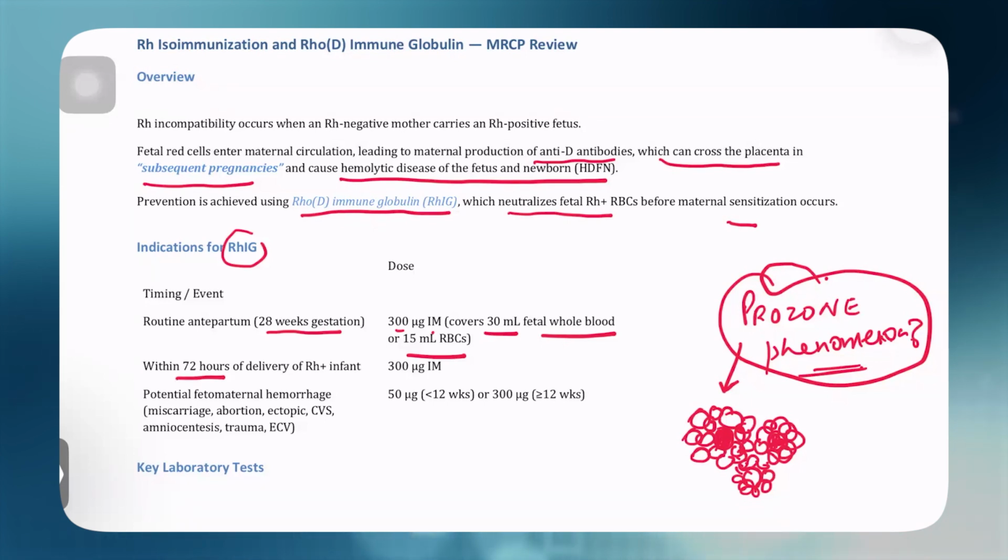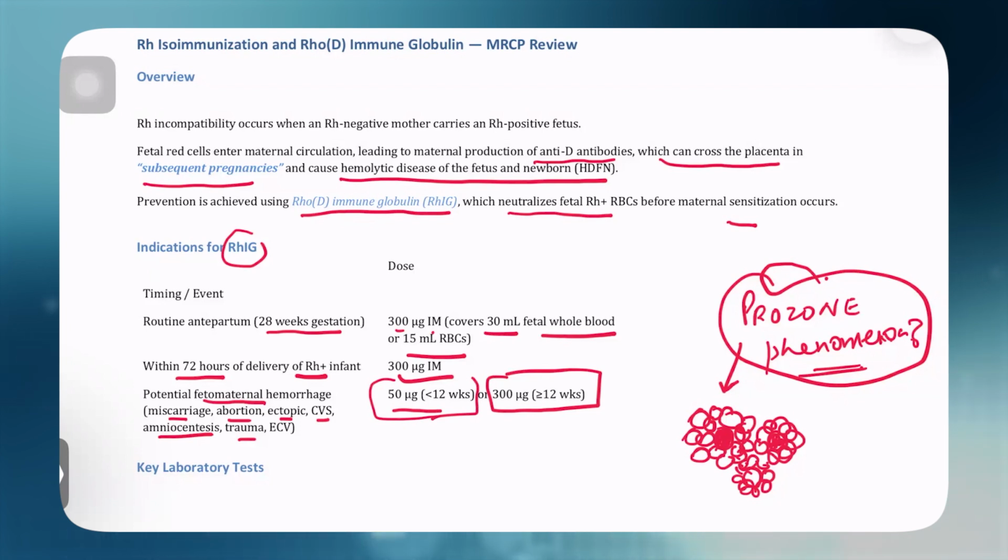Within 72 hours of delivery of an Rh positive infant, the mother gets another shot of 300 micrograms intramuscular. For potential feto-maternal hemorrhage, that is miscarriage, abortion, ectopic, or amniocentesis, chorionic villus sampling, trauma, all these things, they require a 50 microgram dose if it is below 12 weeks, or again a 300 microgram dose. So roughly, you have to remember that the dose of the Rh immunoglobulin is 300 micrograms if it is anything after